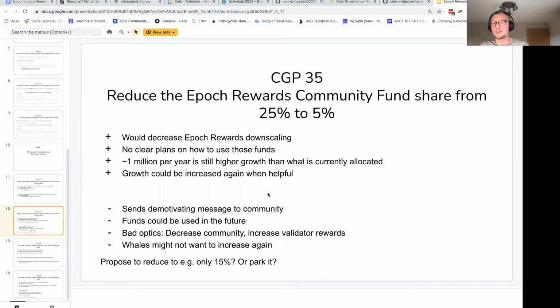Yeah, so if there are any opinions, I don't know if we have enough time to have the discussion here, probably not. But there's a forum discussion specifically about CGP 35, and I would appreciate more opinions, especially from the community, on that proposal, because in the economics team, we can't really evaluate how that will be received, if it's a good idea to propose or not, because we also don't want to propose anything harmful to the protocol.